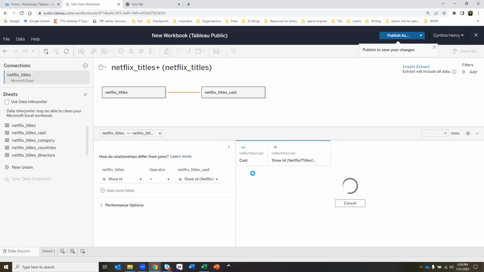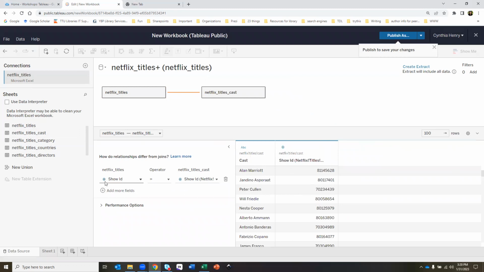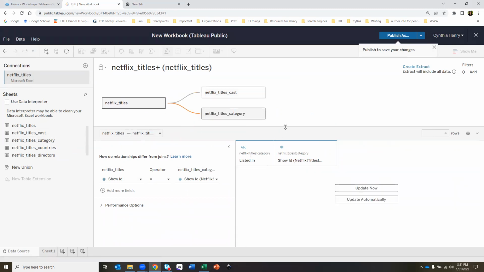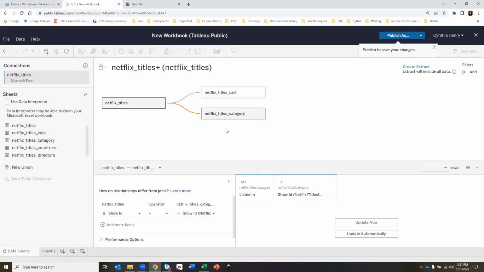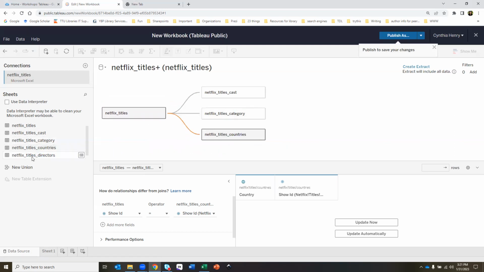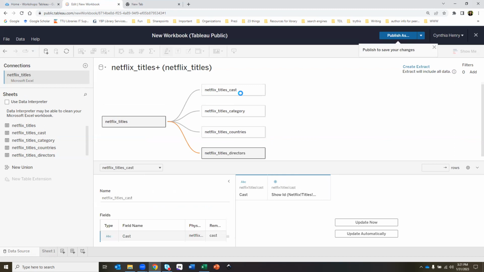And you can see that it has the cast and the ID. And it is looking at the Netflix titles is here, and Netflix titles cast is here. So that's what it's equal to. So let's go ahead and pull these in and see what they look like as they come through. Remember, don't ever drop on top of each other, because then that means you're really joining that, and it puts it in the same spreadsheet, if you will, instead of in other ones, because we're moving through several different ones. I'm going to go ahead and pull these all over real quick and then look at that data as we move through. So we already looked at the cast,